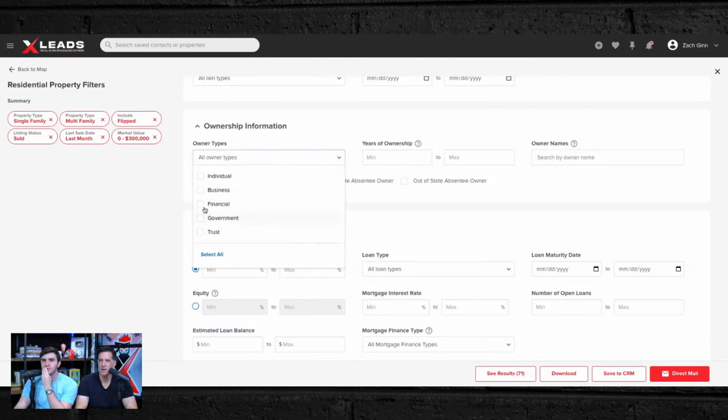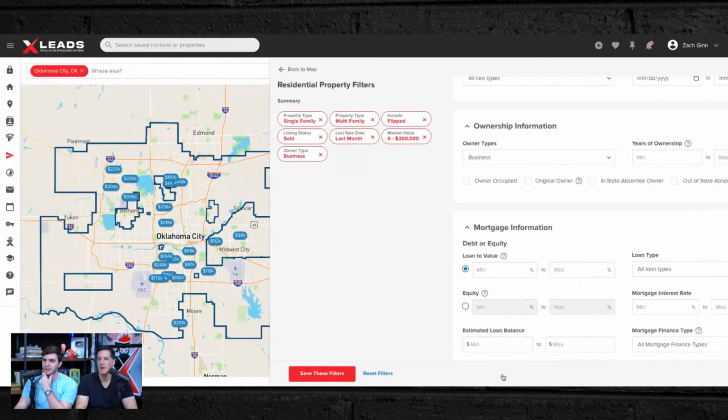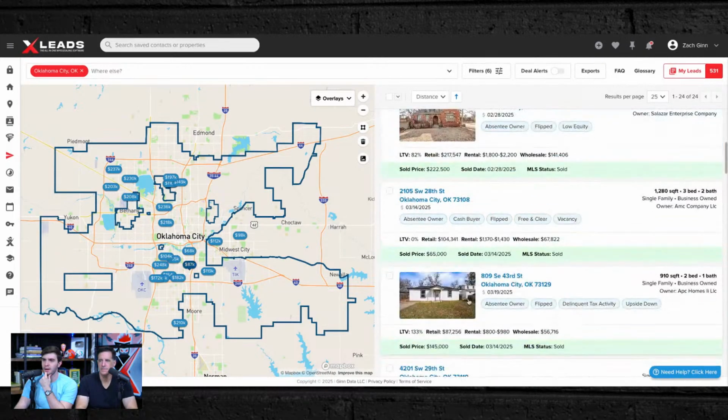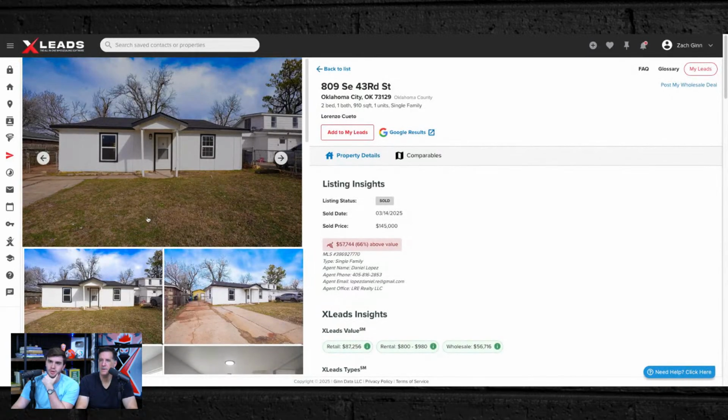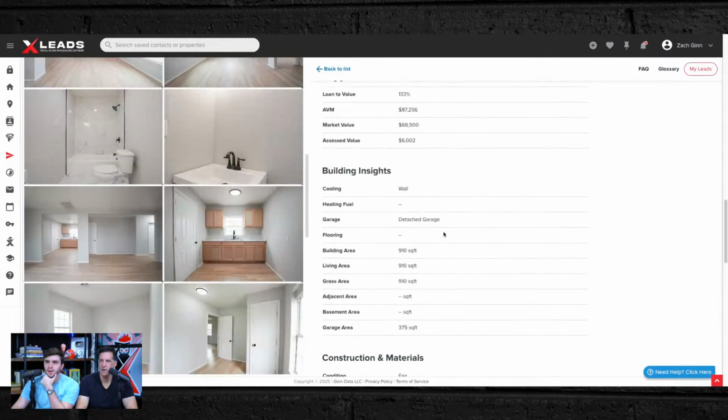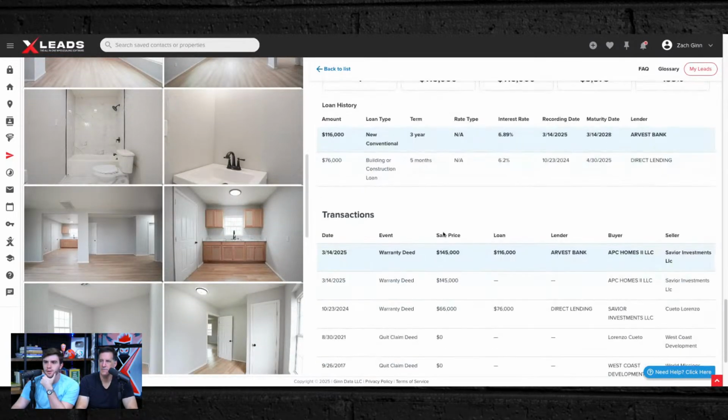Let's do owner types, just business. I know it's crazy, but let's try that. 24. Okay, and let's go and try this out. All right, so this property got sold. Looks like it was flipped. So it was,